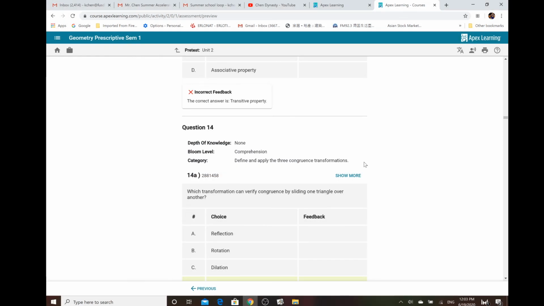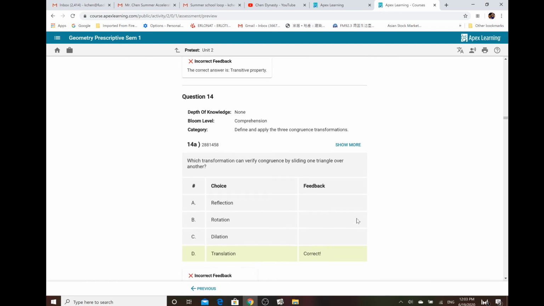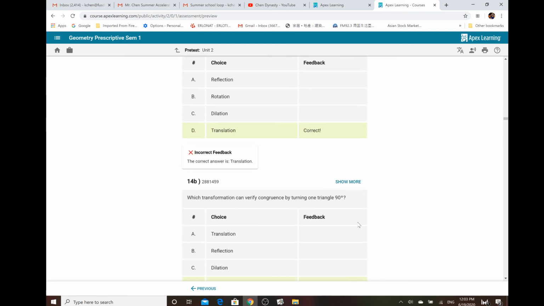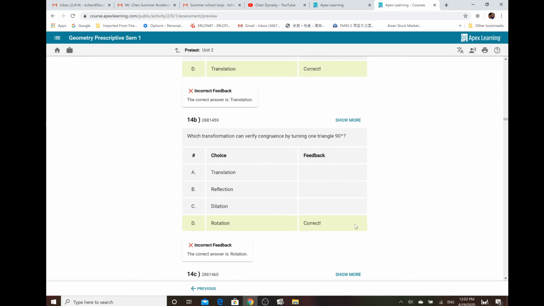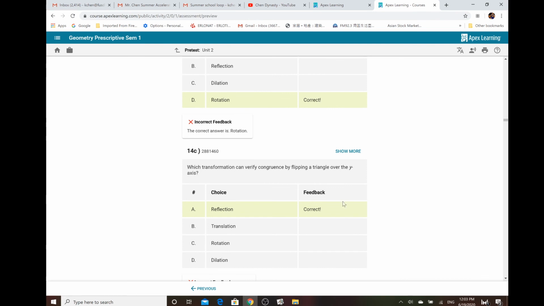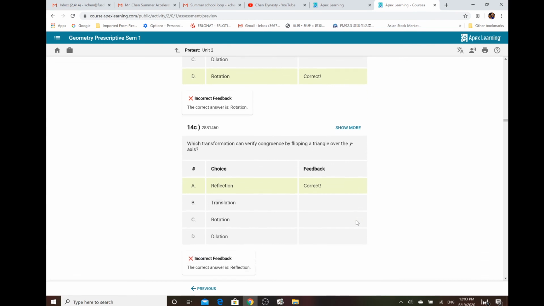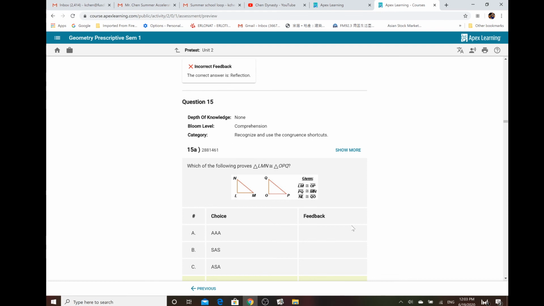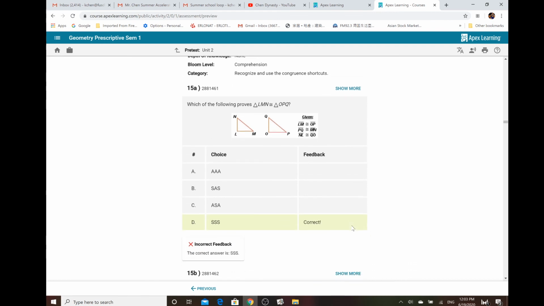Okay, so now let's see what else we have for the rest of this. Question 14 is showing translations. Which transformation can verify congruence by sliding one triangle over another? That's translation. If it's sliding, the keyword is always translation. If it's turning by an angle, that's considered rotation. Reflection means the keyword is flipping. Proof, this one is showing that all three